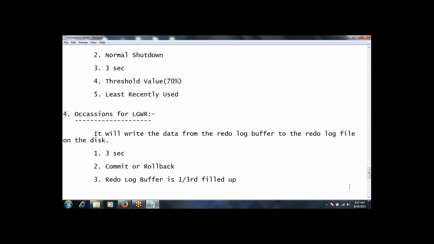There are two redo log files, right? Minimum, as I told you. You remember there should be a minimum of two log files: control files, one; log files, two; like this I told you, right? So when one of the log files is filled up, the log writer will write the data from the redo log buffer to the redo log file present on the hard disk.